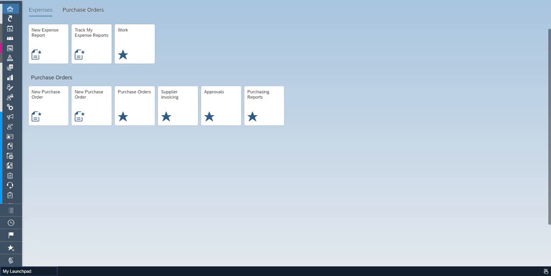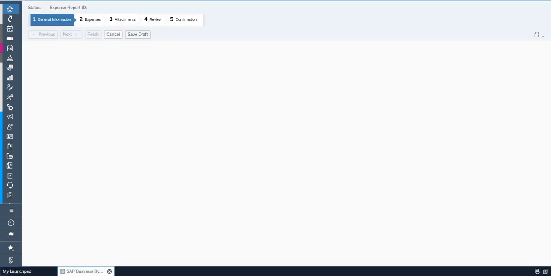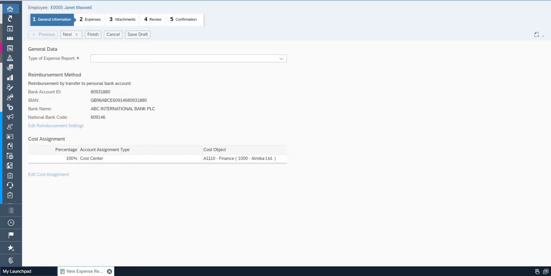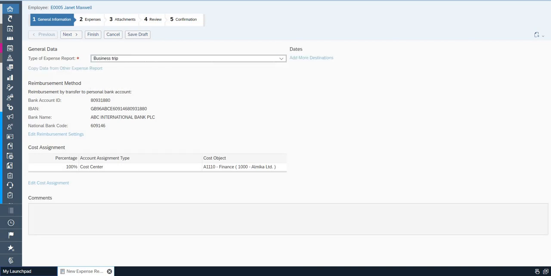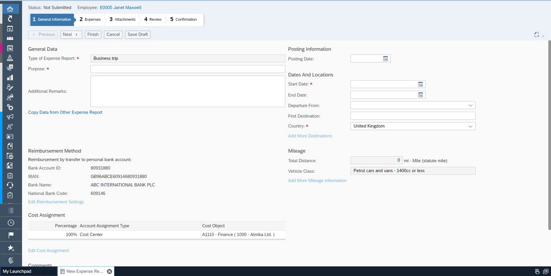To enter an expense, all you need to do is go over to New Expense Report, and here you have a guided activity. The guided activity will allow the user to input all the settings that are required. So here I'm going to do a business trip. Here are the details of my bank. I'll give it a purpose,